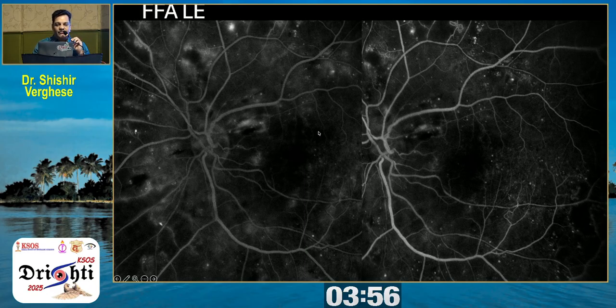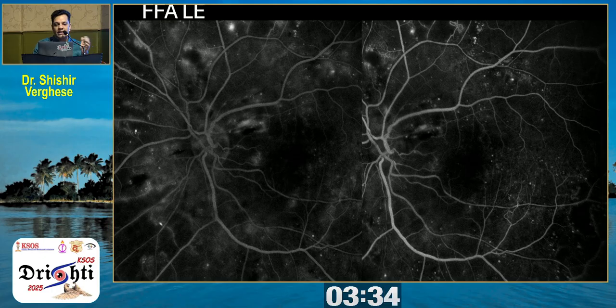And when you do the FFA of the left eye, you really don't see any leakage. If it was a DME, you would have had these dense leakage occurring right at the center there. But here you don't see much of a leakage. But in fact, you have an NV happening on top there. You can see this new vessel there. So this was PDR coexisting along with a central serous retinopathy, and he was treated with 3 sittings of PRP